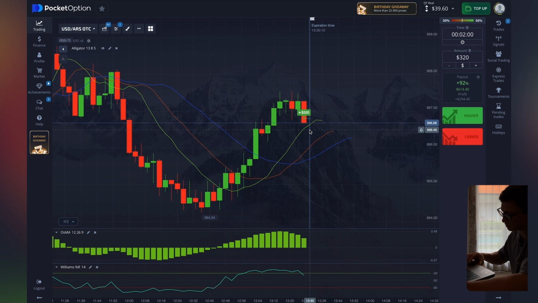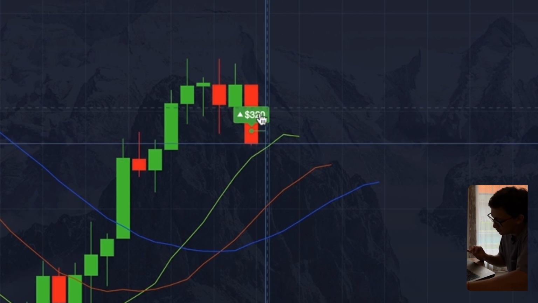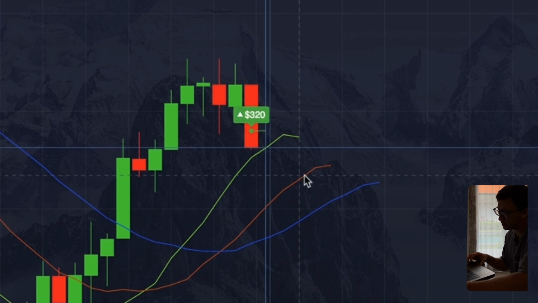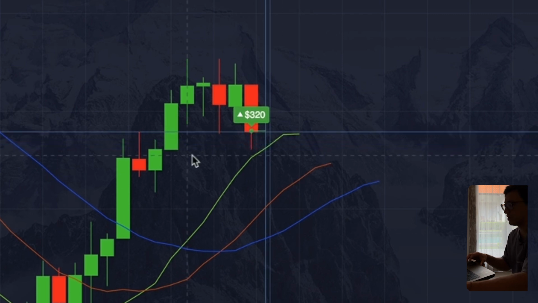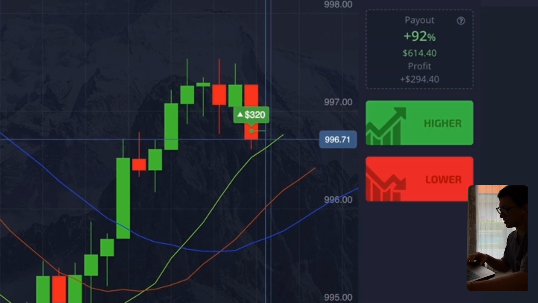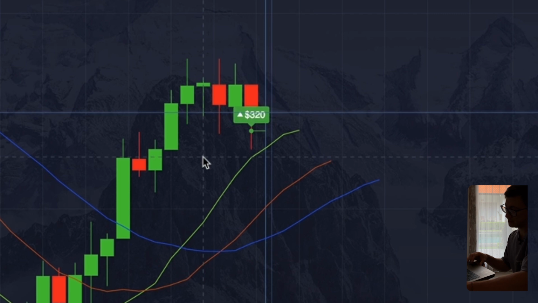But I can say that this is not a clear signal, but it is just a good signal, guys. So just look at this. The OsMA indicator shows us an upper zone, upper range. Its histogram is green. And if we look at the Alligator indicator, we see the three lines intersection, and so we are just moving in the upward zone. Okay, Williams is about to intersect a separate line, and so there will be a reversal in this indicator. And so okay, we're just waiting for our profit, guys. It will be very good, guys.